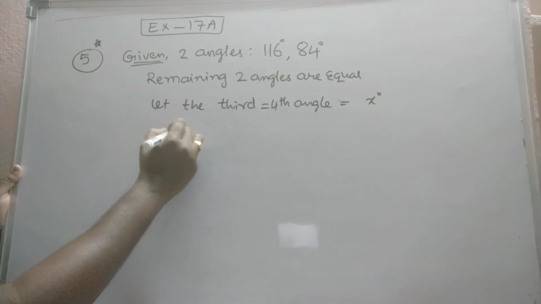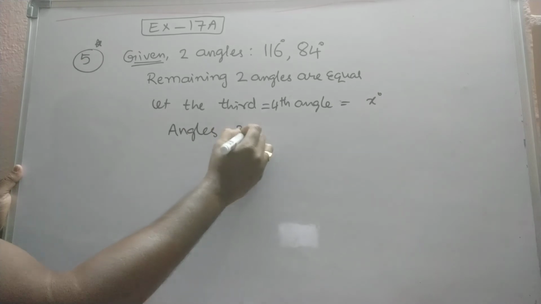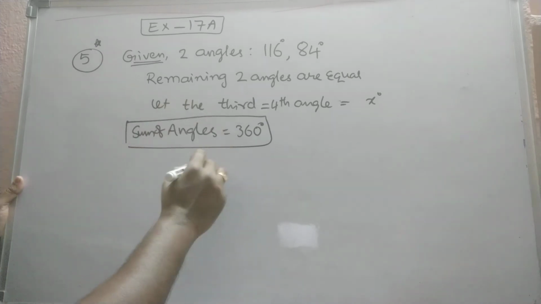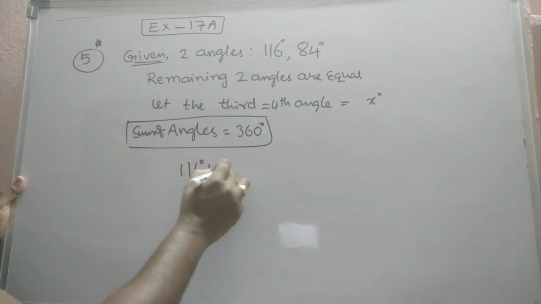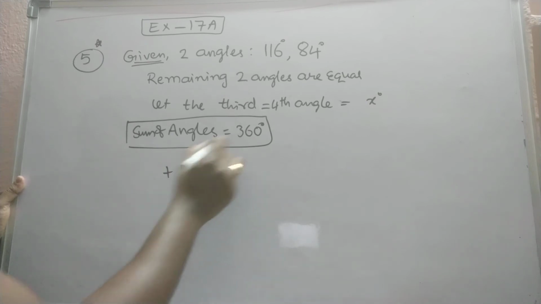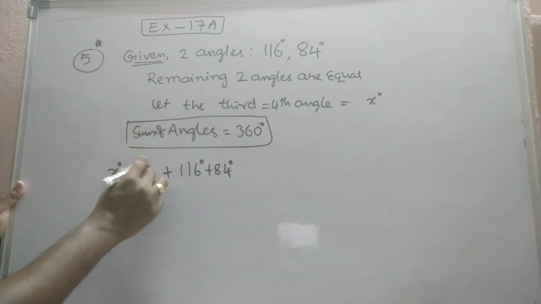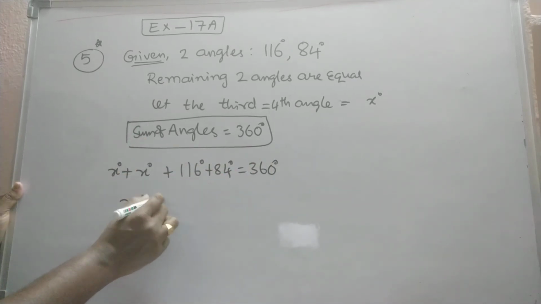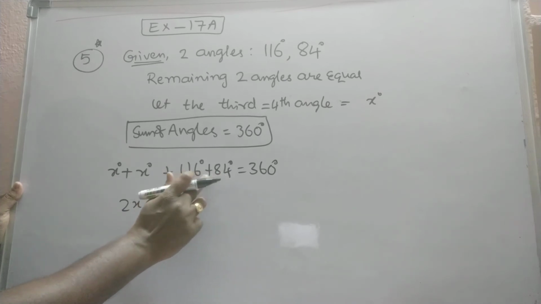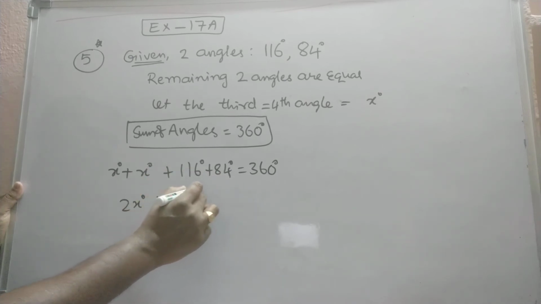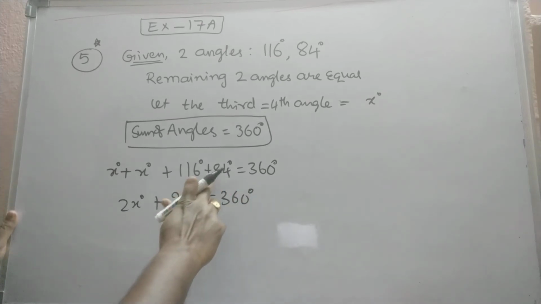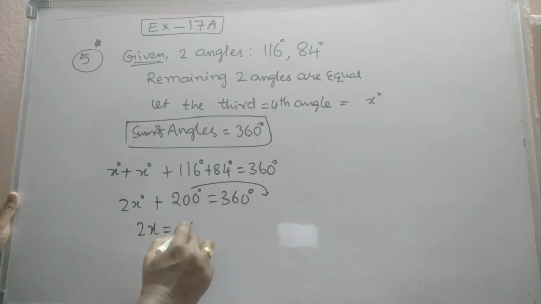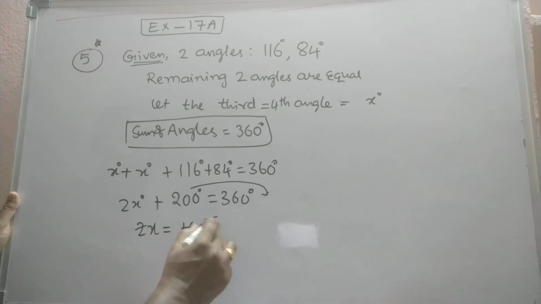But what you know, angle sum property. So sum of angles in a quadrilateral is equal to 360. So that is 116 degrees plus 84 plus the remaining two angles, what are they? x plus x degrees. Two angles is equal to 360 degrees. Now these two are 2x degrees plus 116 plus 84, which is equal to 200. So 200 degrees plus 2x is equal to 360. Okay now. So 2x is equal to, subtract 200 after transposing to the right side, we will get 160. So 2 ones are 2, 2 8s are 16, 2 8 is 160.